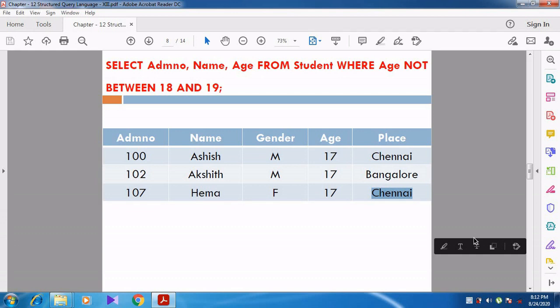So not between 18 and 19 means the other records which do not satisfy the age 18 and 19 will be displayed.